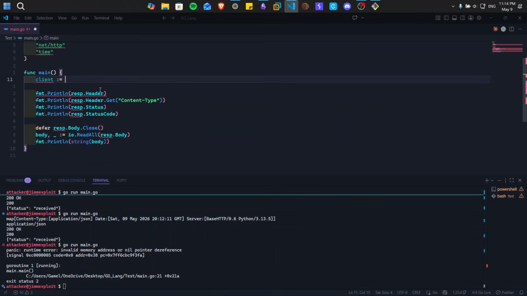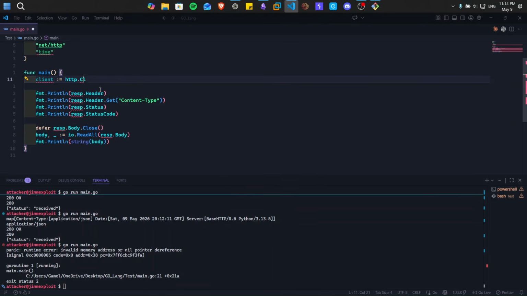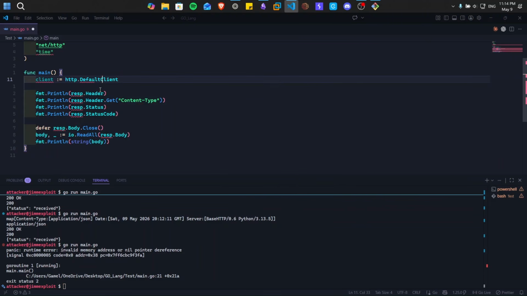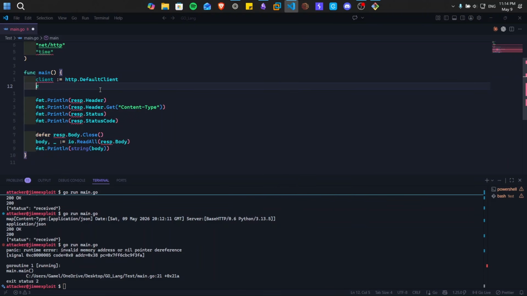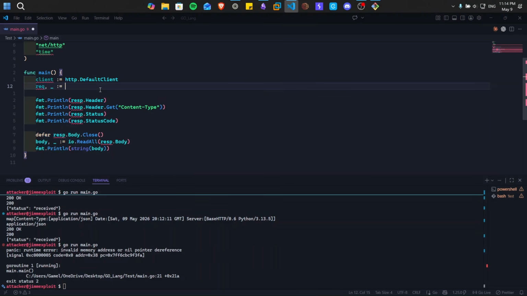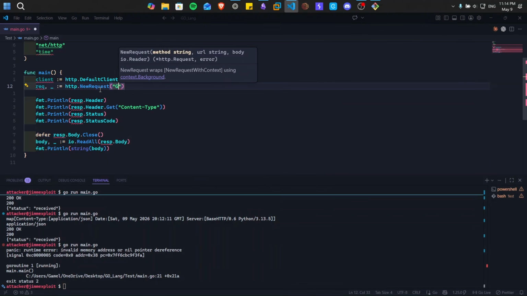It made a client using http, but instead of adding a client with a customized behavior, it's going to be using the default client, and it's going to do a request, okay, to http.NewRequest,